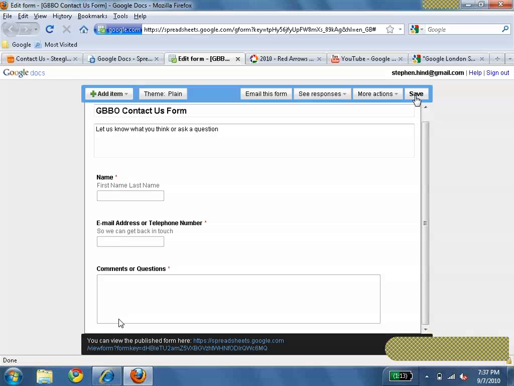The final gadget we'll have a look at is how to add a video to your website. To add a video to your website, again, it's been integrated with YouTube. So to add it, you need to obviously upload a video to YouTube first. I've got a video here uploaded to YouTube just to show you how to use the Picasa web album integration. And again, what I need from there is I just need to copy the link of that video. So we can copy that from the browser's address bar,